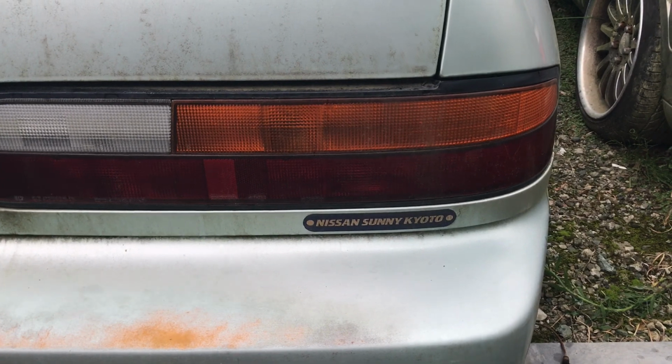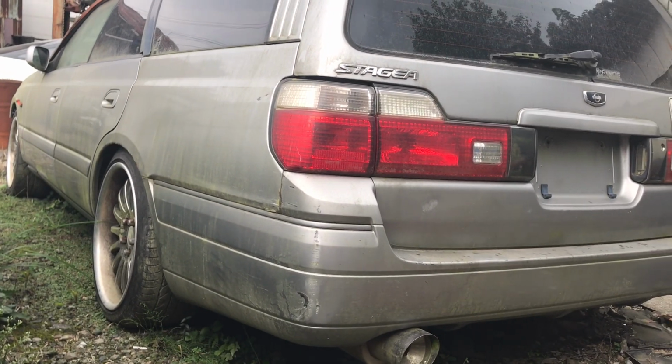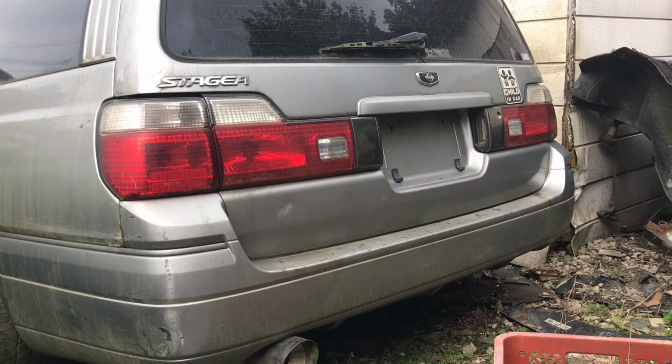Nissan Sunny Kyoto. I always keep an eye out for these things. I don't always take photos, I don't always mention it in my videos, but you know, shows at least a bit of the heritage of the car, where it came from. And certainly if you ask people, they got no information. So this is like as close to finding out the car's origin story as is possible. Stagea. It once had kids in the car. And that's another look at the